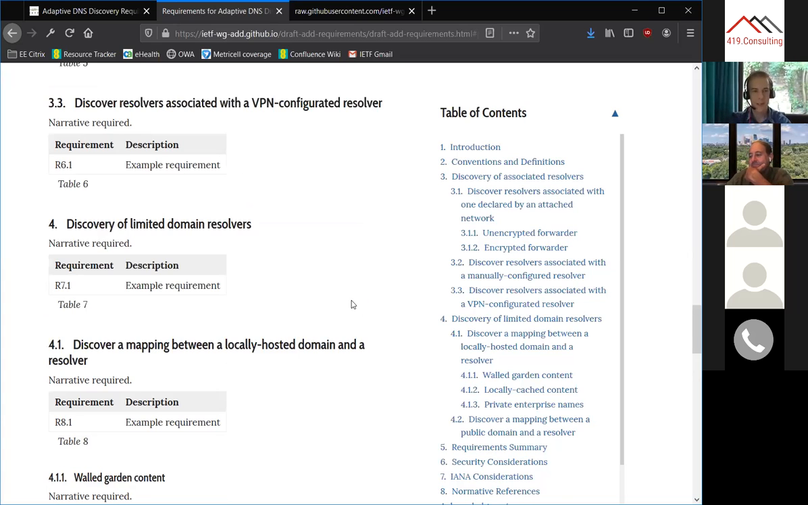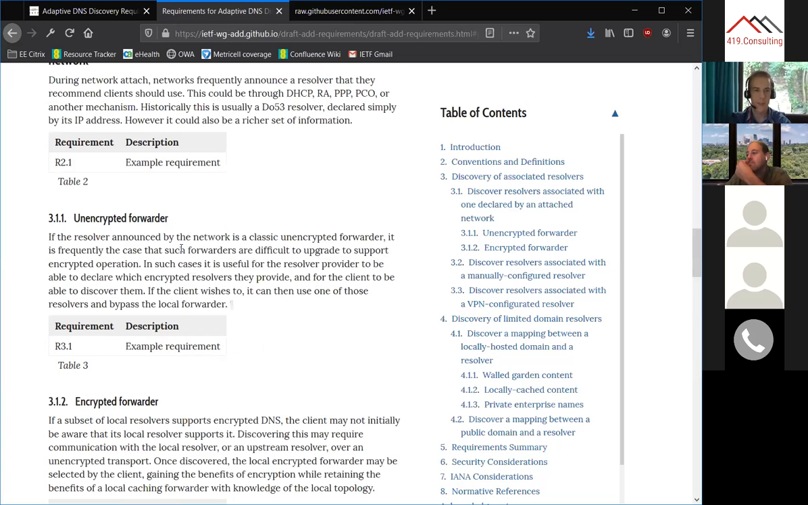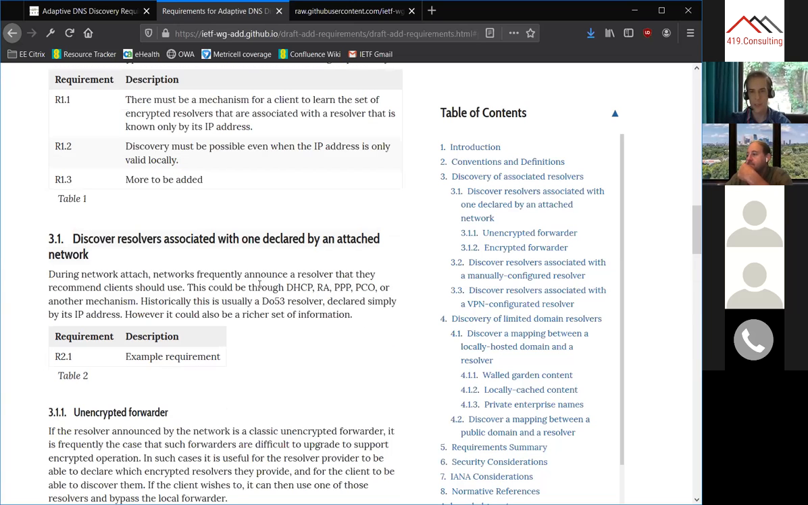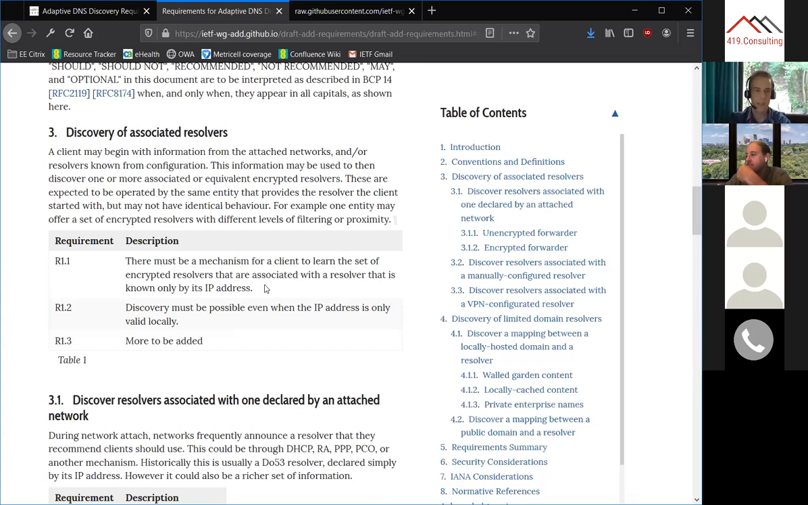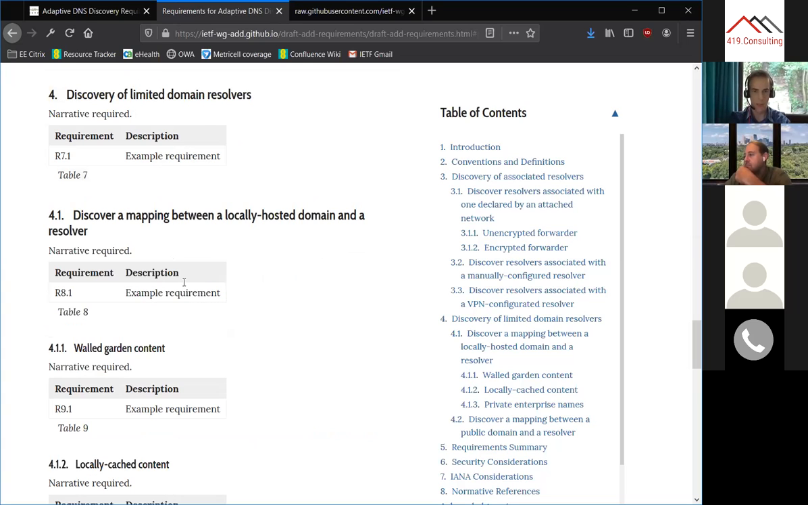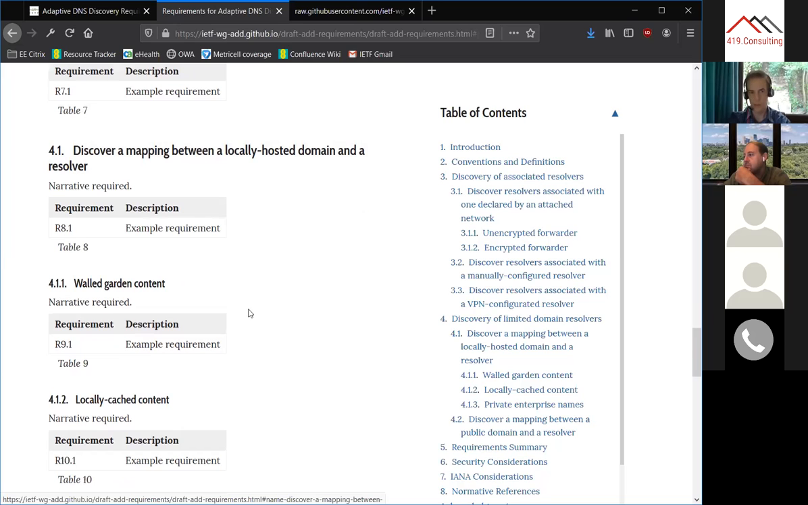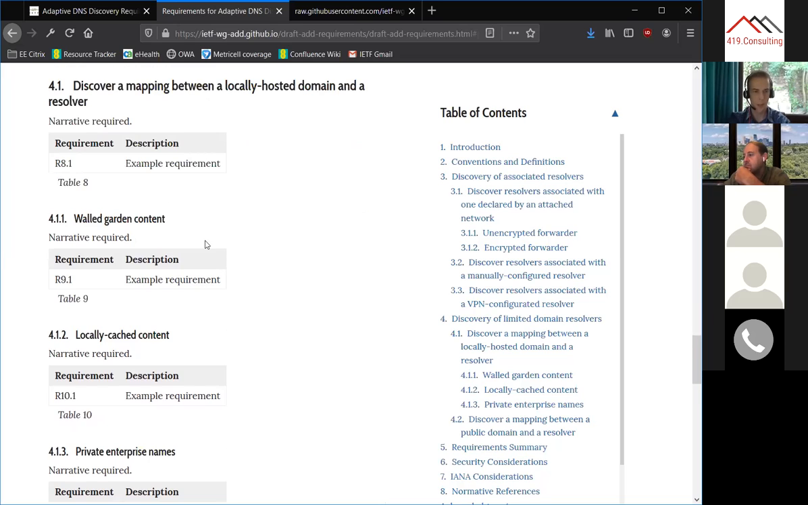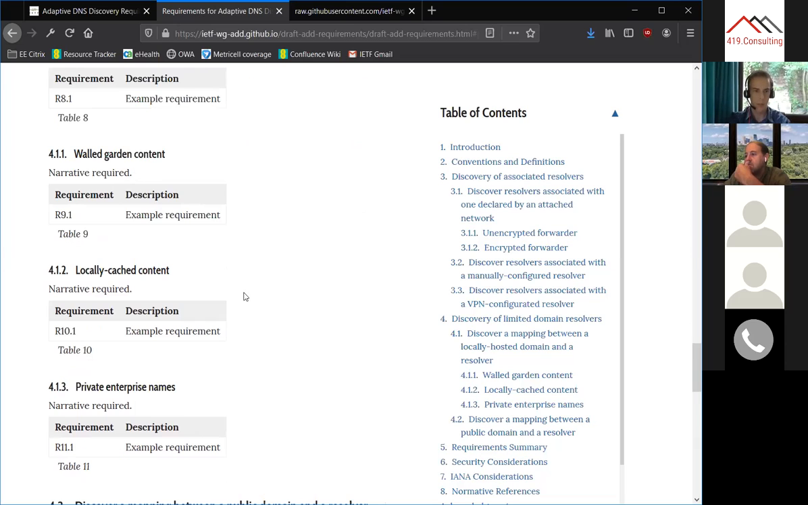Right, so I was saying, backing up a bit, section 3 is discovery of associated resolvers. And section 4 is discovery of limited domain resolvers. So that's best understood, I think, by looking at the examples. So you've got mapping between a locally hosted domain and a resolver, of which there are subtypes. So walled garden is one type. Locally cached content is an interesting one,